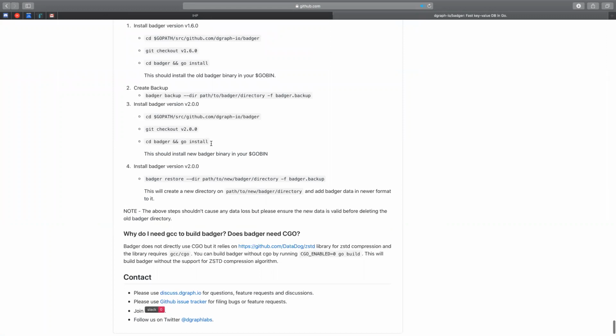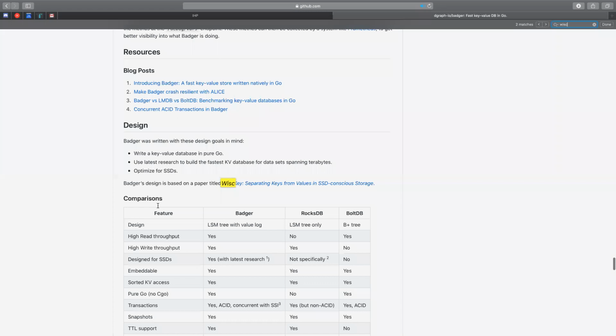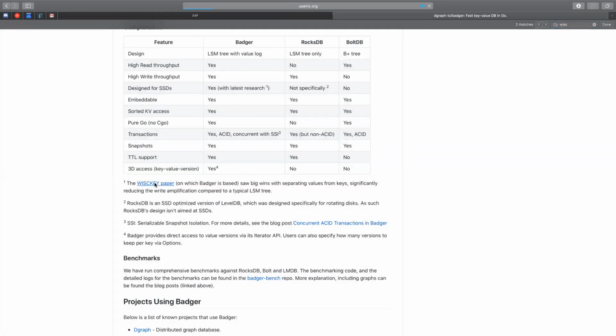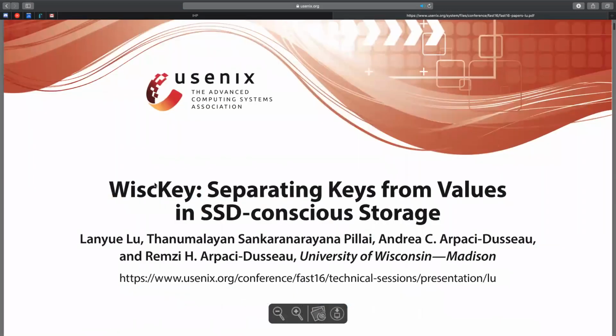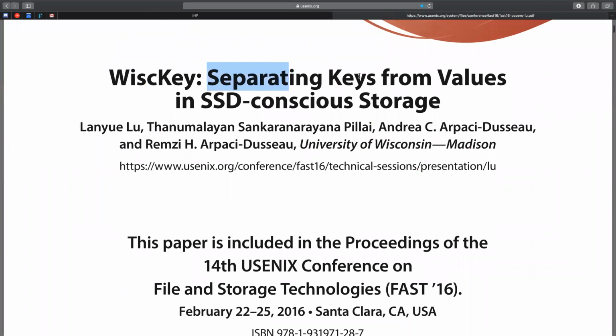So they have the paper. And this concept of separating the keys from the values is what makes Badger faster than most databases. The idea that looking up, so usually in most traditional databases that try to do everything on the disk,